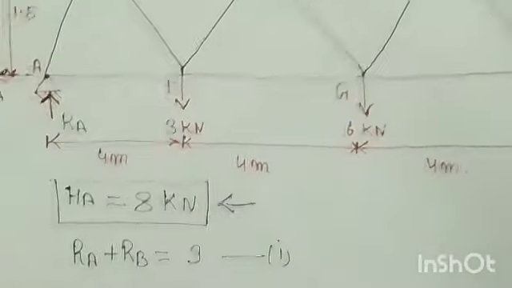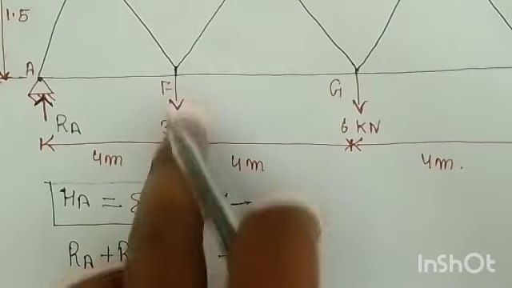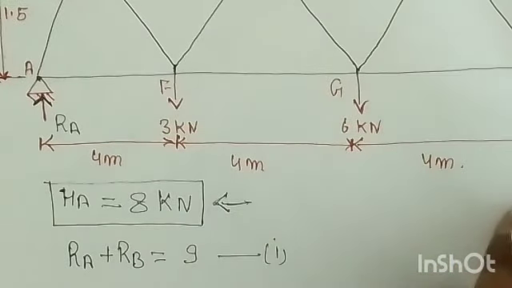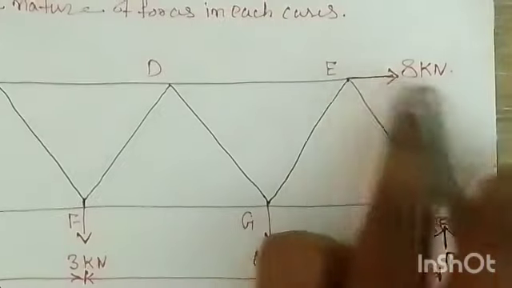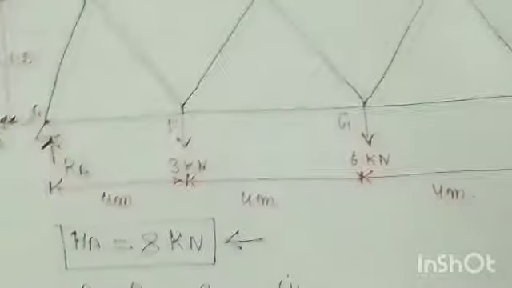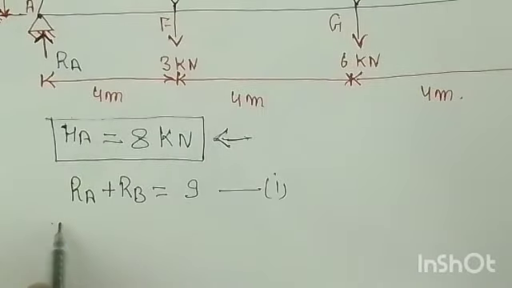So I am taking the moment about A. Moment is force times perpendicular distance. So these forces will come into play: the 3, the 6 and the RB. Is it or not? And also one horizontal force is given, for which the vertical height is given, that is 1.5. So first of all we can write here that taking